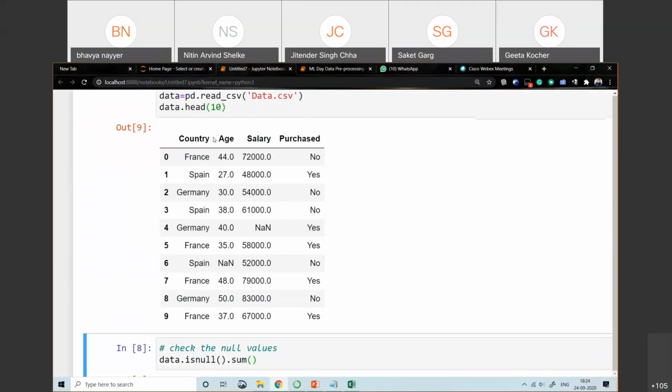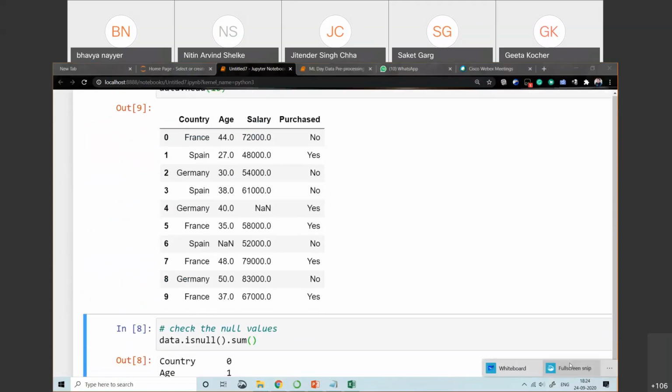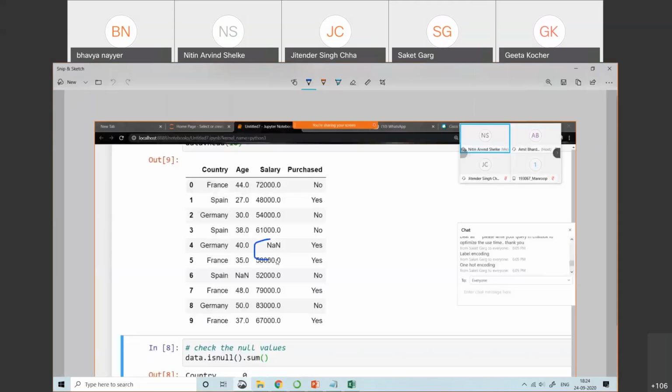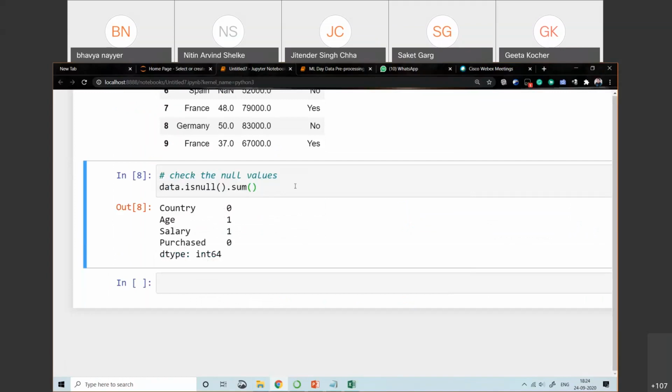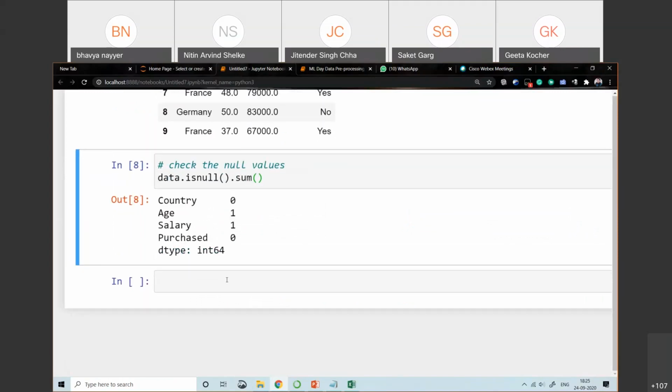Observe here, we are getting the missing values. The salary column contains 1 missing value. Next, the age column contains 1 missing value. So this is what your missing value looks like. Now, to handle this missing value, we need to handle this part also. But the next part that we have before this, to handle these null values, we are going to import